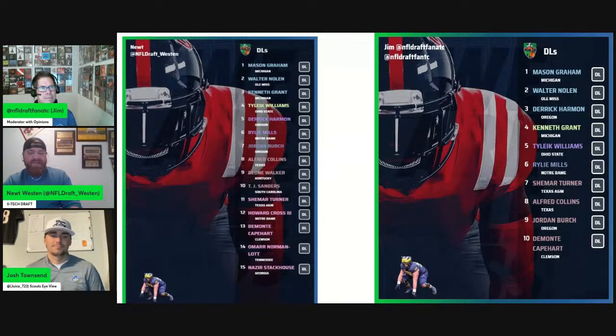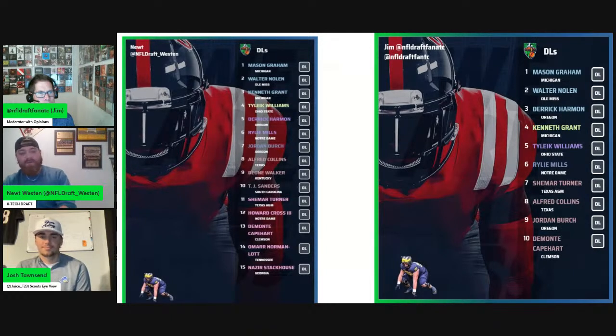So with that, this is a guy that's going to test out really well, I'm sure. But there are just so many things in his game where I wonder, hey, are you going to do this on a consistent basis? I don't think there are any character concerns or off-field concerns. I think he's a pretty focused guy and a pretty good kid. But he's got to be able to put it together better. I want to see that more on a down-by-down basis because I've seen what he can do, and I love what he can do. But I want him to do it 4/5 of the time, not 1/5 of the time right now.